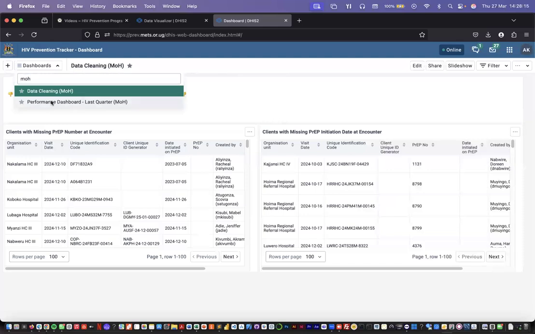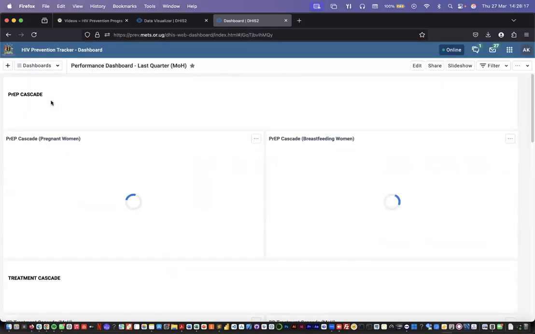The performance dashboard is the one that is going to have most of the confirmed indicators that you might need for anything. Then after every major indicator, we shall have a link to a sub dashboard that gives you detailed information about each of these indicators. As an example, we shall have the PrEP cascade. At the moment, we have pregnant women and breastfeeding for the cascade, but we are going to add a detailed PrEP cascade dashboard, and we shall add a link just below here for you to look at the detailed cascade for PrEP. These are things that we've been working on with Herbert,